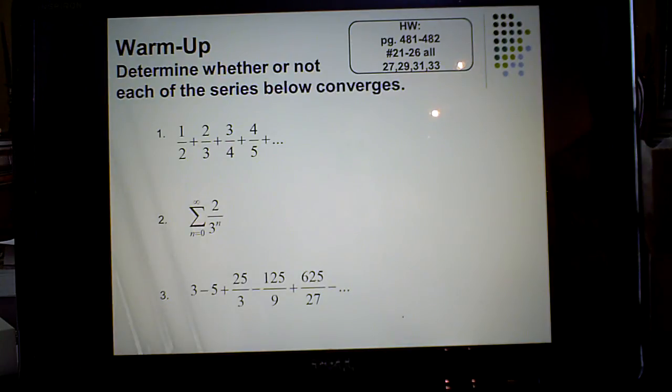This is going to start branching off from geometric series. So this is the warm-up that we would have done, practicing some numeric series, and this is the homework over here. Determine whether or not each of the series below converges. So it's either yes or no by some test. And really the only two tests that you know so far are the Nth Term Test for divergence